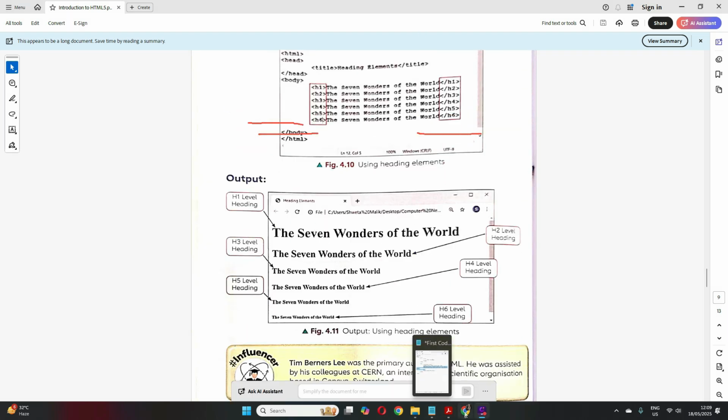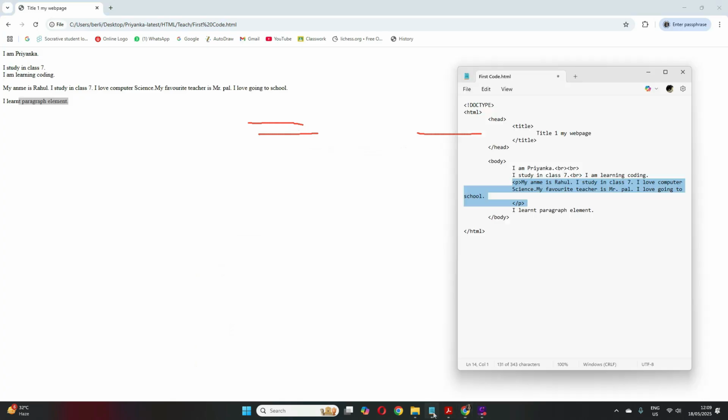So let's open our code. So this is our code. Suppose I want this, I learned paragraph element, or maybe I'll write one. Now remember, these heading elements are all container elements. That means they should have a start tag and an end tag. Clear?